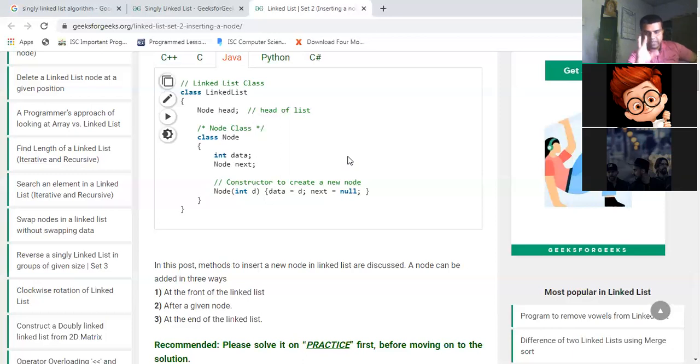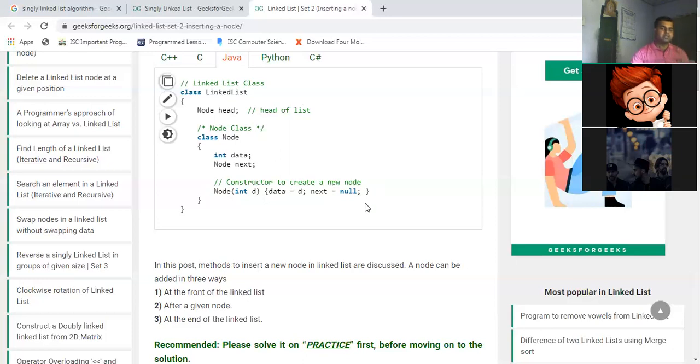So every time, these data members, member functions, and all the elements present inside this class are called, that means you are creating a new node. As you can see here, a constructor is given to create a new node.